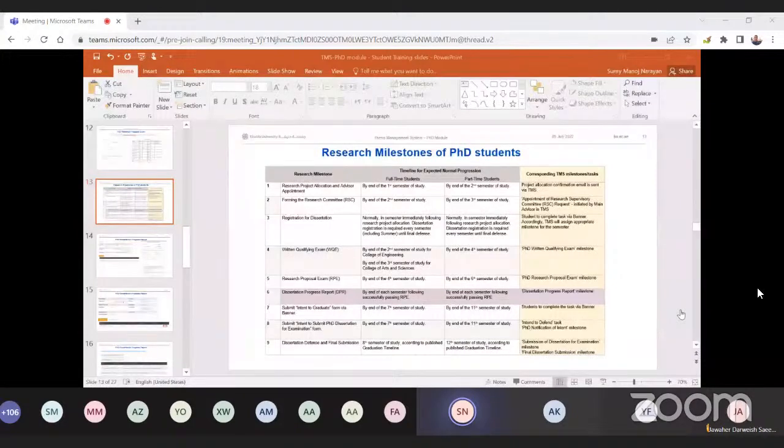And with regards to your question on who follows up, it is the collective responsibility of the student and the main advisor to ensure that all their records are up to date. So if there's any question on this, you can always write to us, to GSO, and we are happy to help you out. But if there's any faculty leaving for some reason, there's a change in the RSC committee,